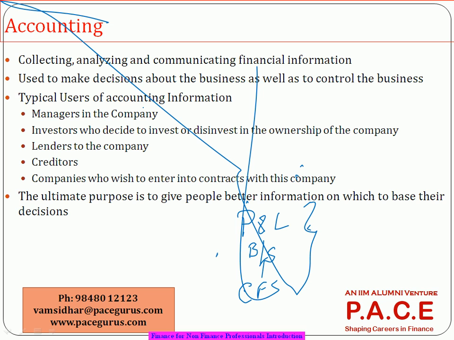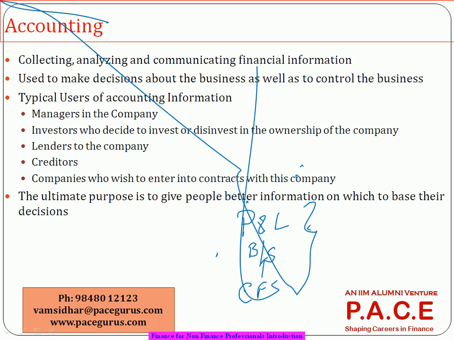Should I buy these shares in the stock market? Which company is doing well? You have a few lakhs with you, and you want to buy a few shares of some company. Rather than blindly going with "put my money here, put my money there," you can look at the performance of the various companies, and based on that you can decide whether to put your money here or not.